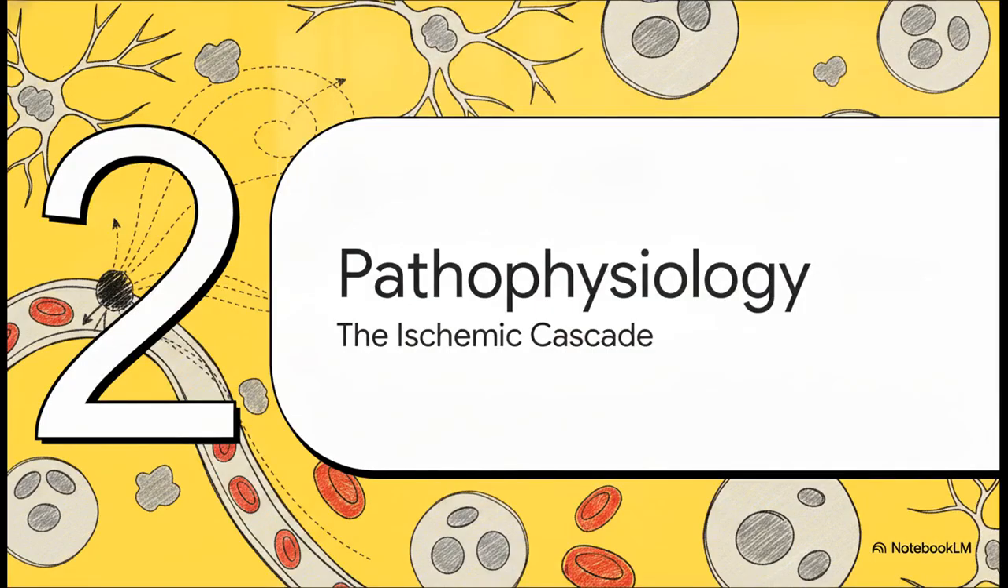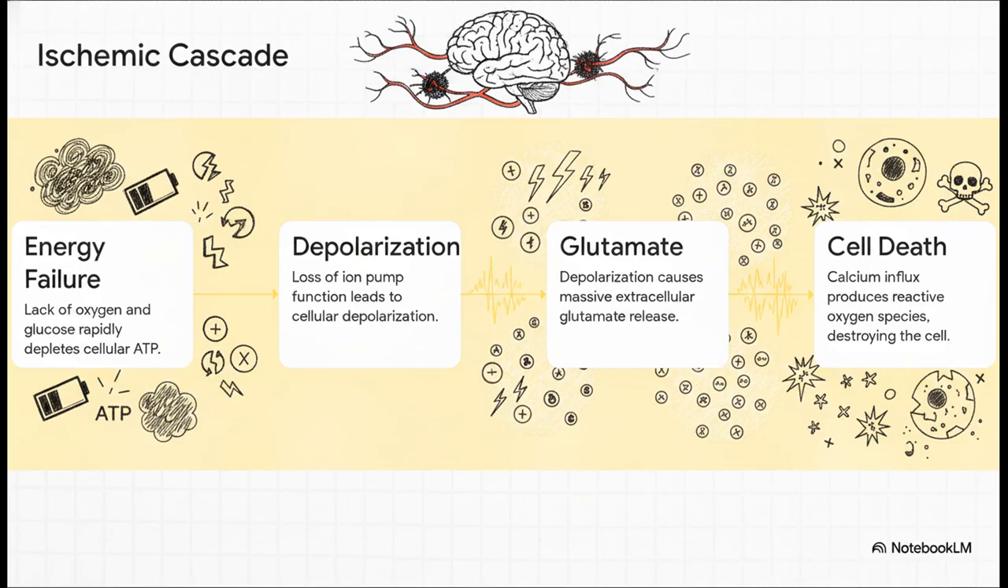Moving on to Section 2, pathophysiology of ischemia. We really need to zoom in to the cellular level here. This step-by-step ischemic cascade is basically a deadly chemical chain reaction. Because our neurons don't store glycogen, energy failure happens in just seconds. No oxygen means no ATP. Without ATP, the cell's ion pumps just completely fail, leading to rapid cellular depolarization, and that dumps a massive amount